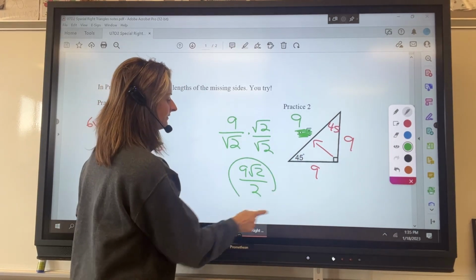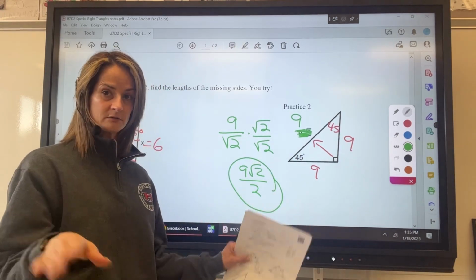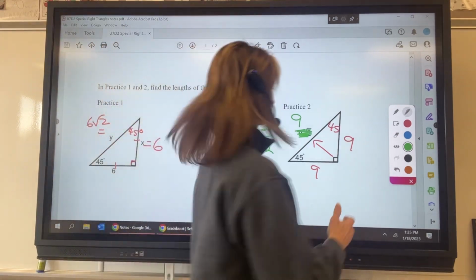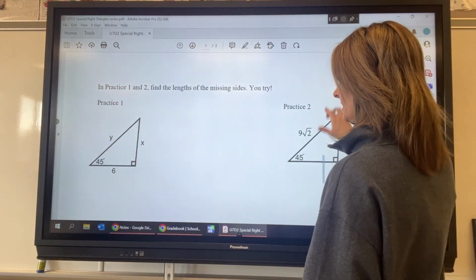And then this can't be simplified because 2 doesn't go into 9 evenly, so we're done, okay? So that does happen on occasion where you have to rationalize the denominator. Moving on